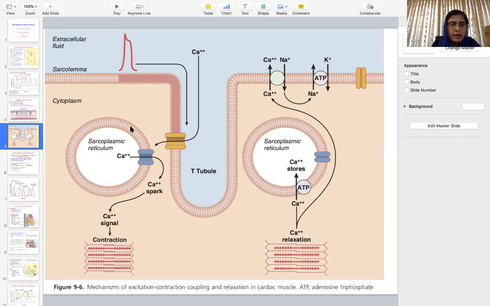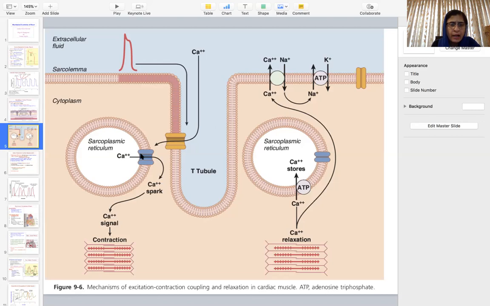In the case of cardiac muscle, there are two things to remember. First, the sarcoplasmic reticulum is not that well developed, so the calcium stored here is not significant for the contraction of the cardiac muscle. And second, the diameter of the T tubules is 5 times greater than in the skeletal muscles, whereas the sarcoplasmic reticulum is less well developed than in the skeletal muscle.